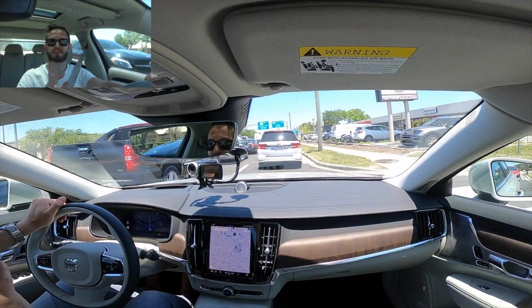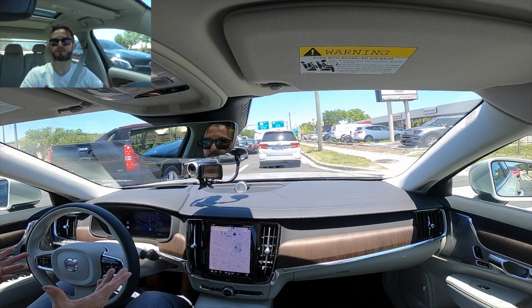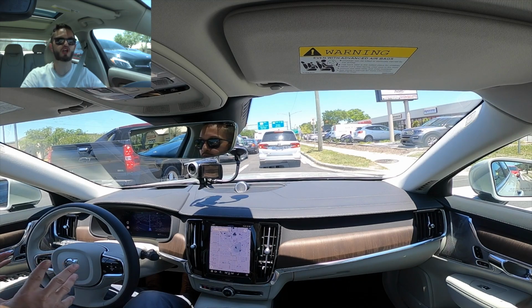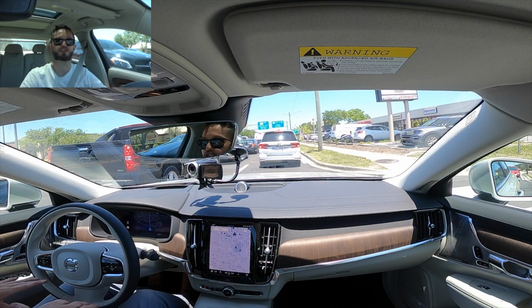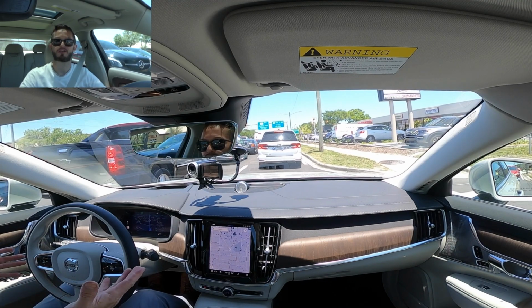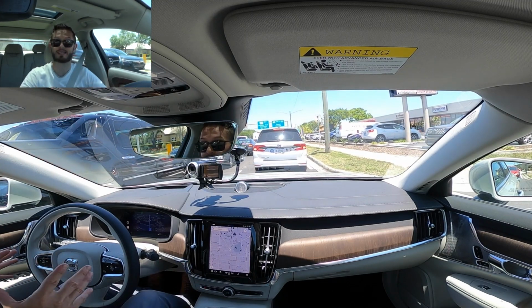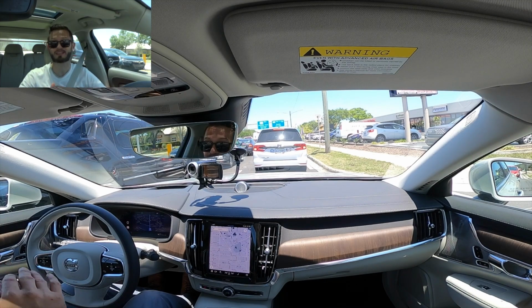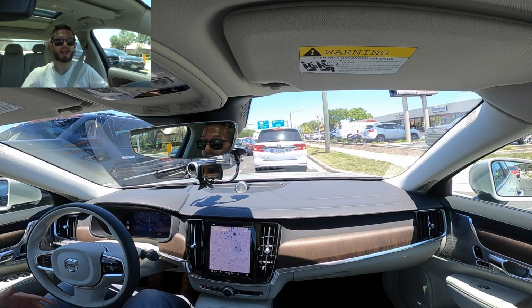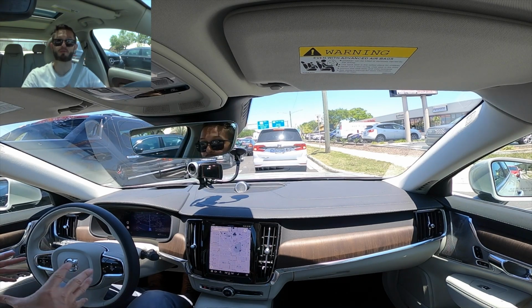One of the reasons why they implemented that 48 volt hybrid technology is very similar to Mercedes-Benz on the S-Class. When you come to a stop point, the auto start stop is so seamless, you don't even know that the vehicle stopped, and then when you let go, it just drives. You really don't feel anything that's disengaged, which puts it at a full luxury line that would be priced at over $100,000. As for the way I'm sitting, massage seats, and you have so much storage capacity,